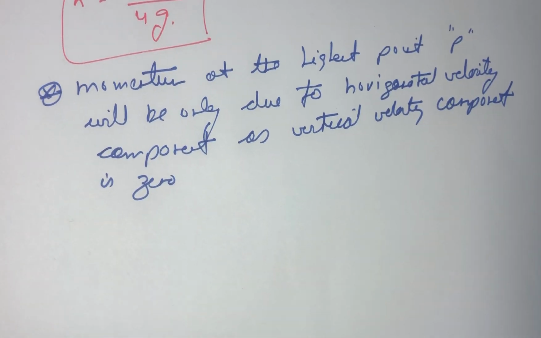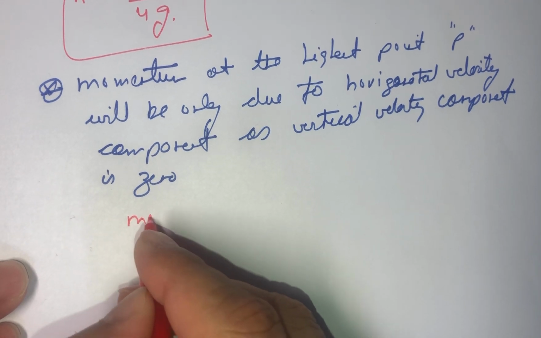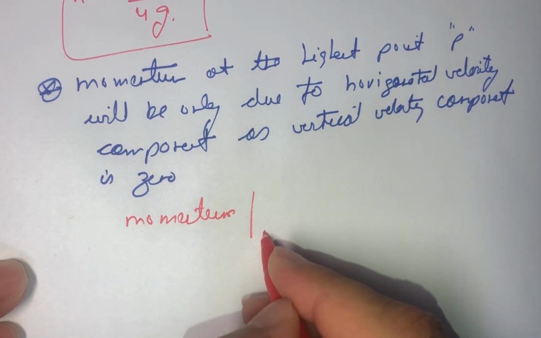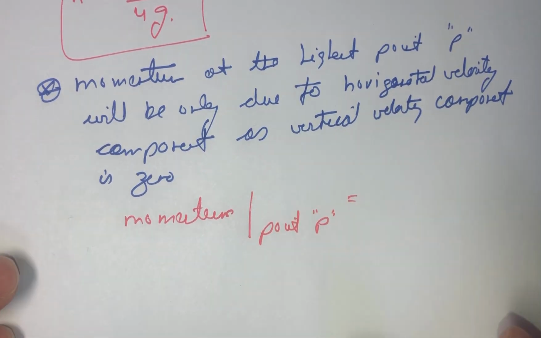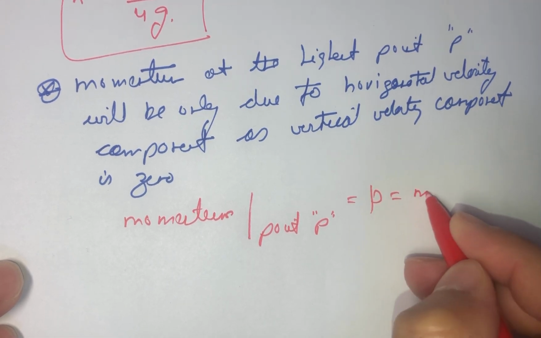Therefore, we can write the momentum at point P, let us suppose that is given as P, which will be equal to mv cos of 45,